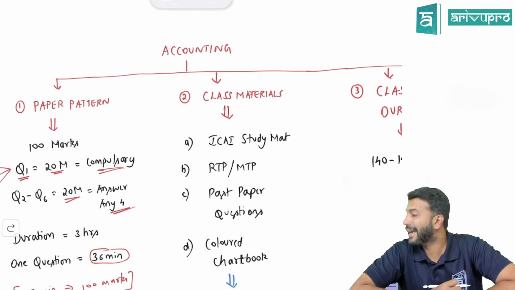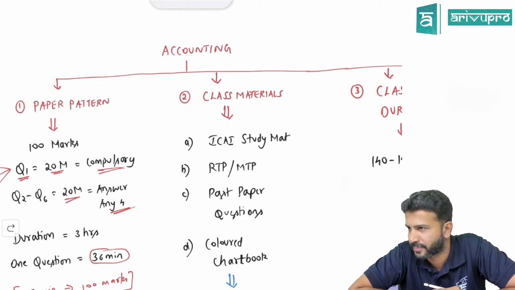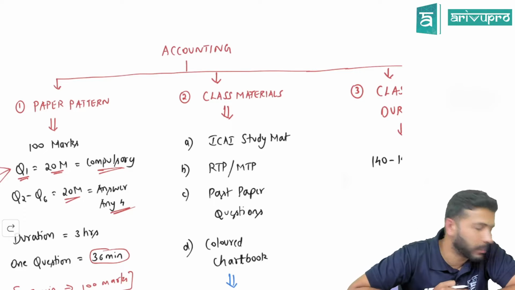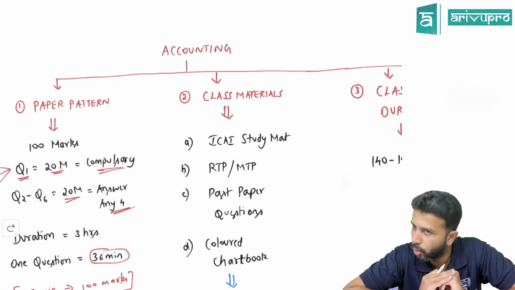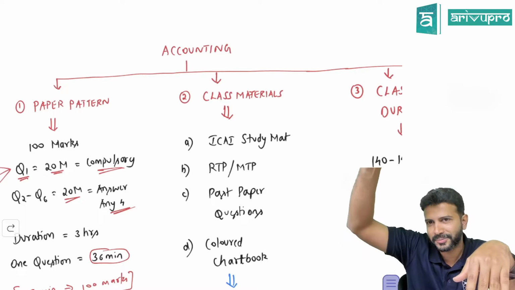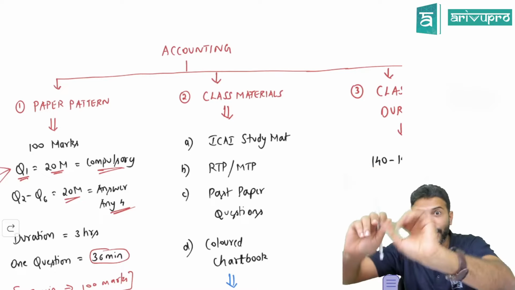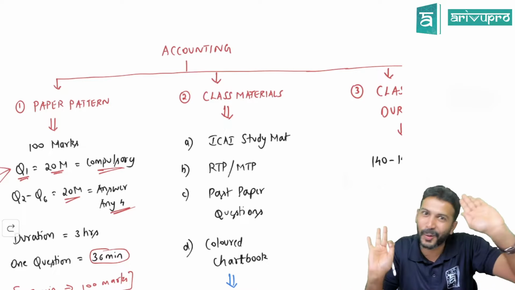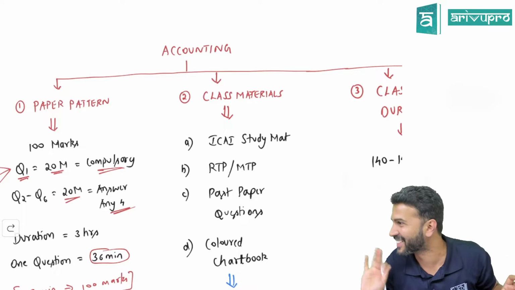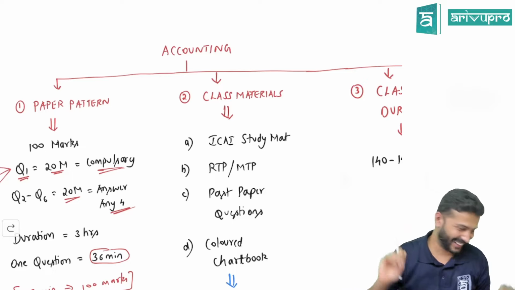Class material. Book. How have I made my material? I would just like to give you that overview. I have taken questions from the ICAI study material. You know, ICAI gives a study material. Have you received it? Or is it still with the courier? Received? Okay. Have you opened it? I'm not talking about the wrapper. The actual book, have you opened it? Many of them don't open it. That's the reason I'm asking.